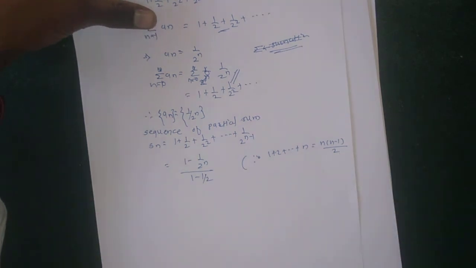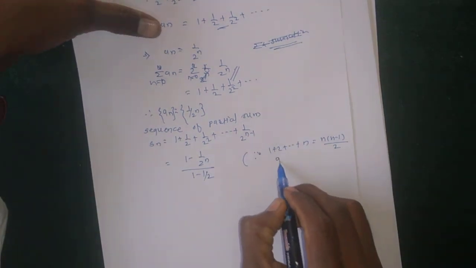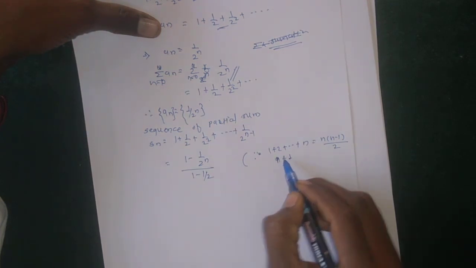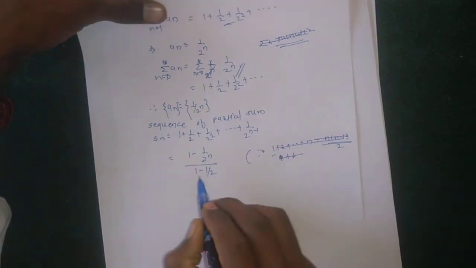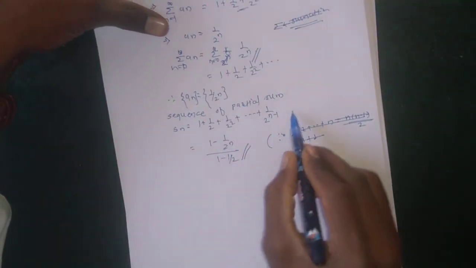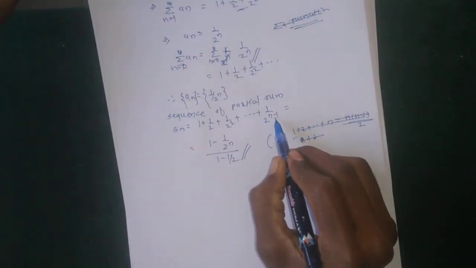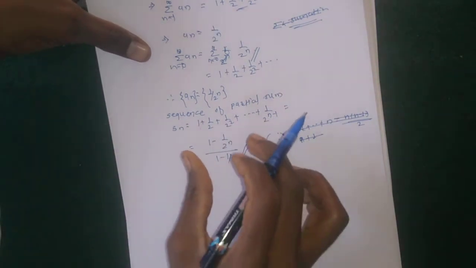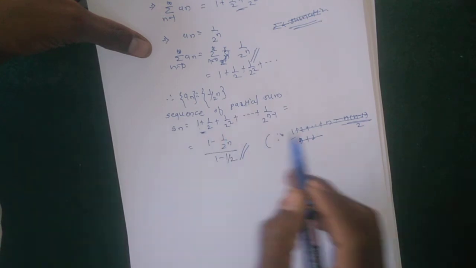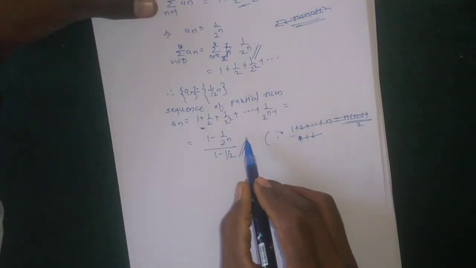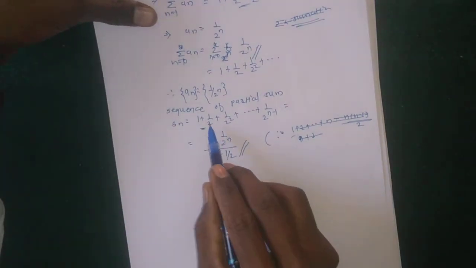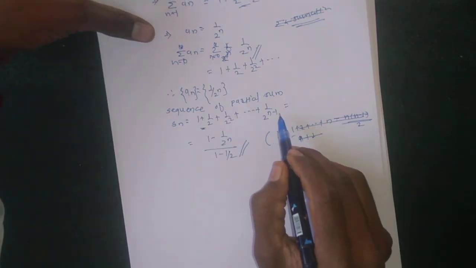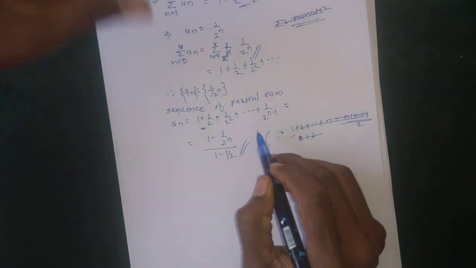Okay, so using this result, a plus 1. So this is our standard result. Their sum must be the first term into the difference between these two. Okay, so their sum can be written as 1 plus 1 by 2 plus 1 upon 2 square plus up to so on 1 upon 2 raised to n minus 1, which is equal to